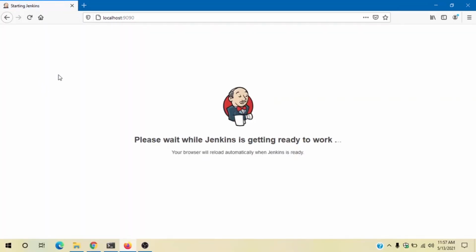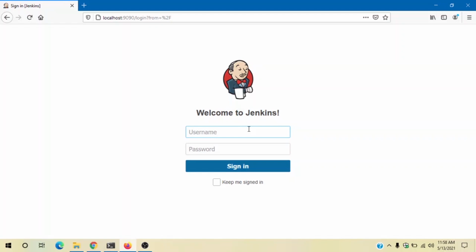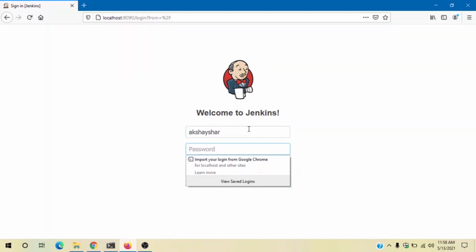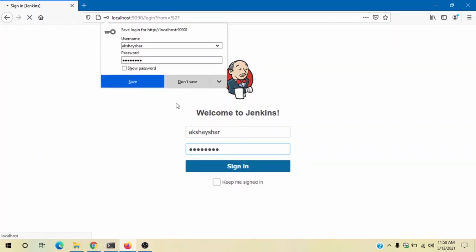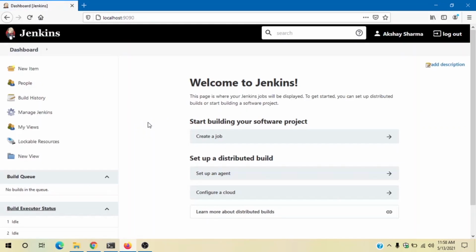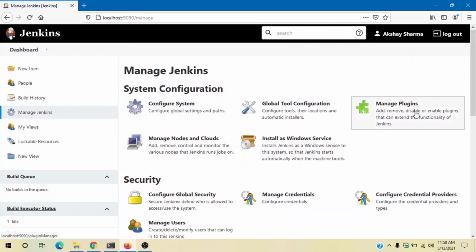I'll log in with my credentials. I'll go to Manage Jenkins, then I'll go to Manage Plugins.